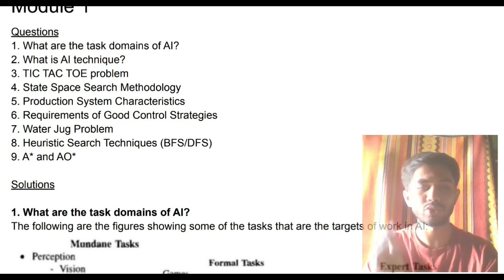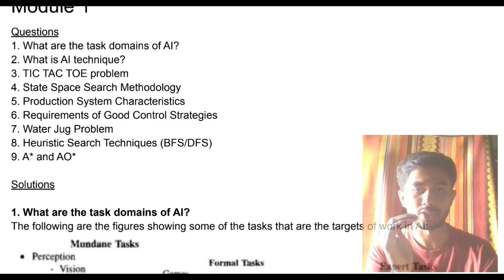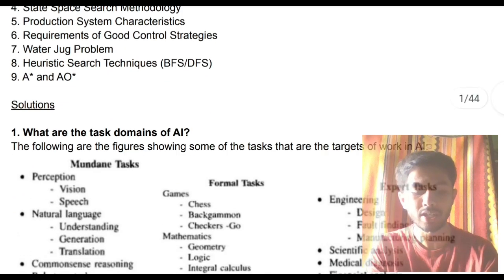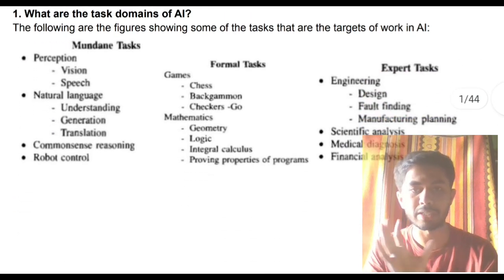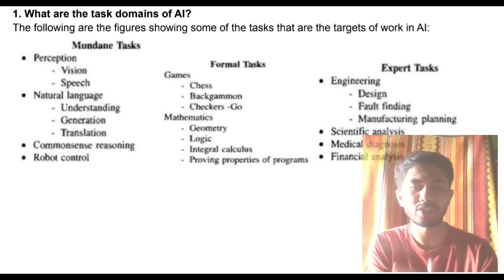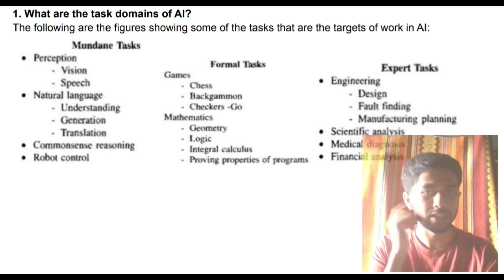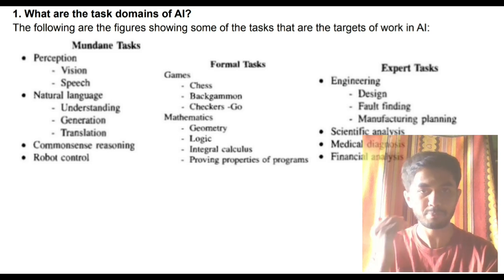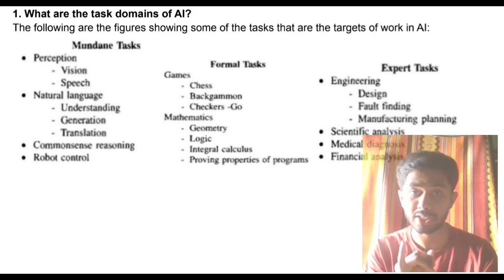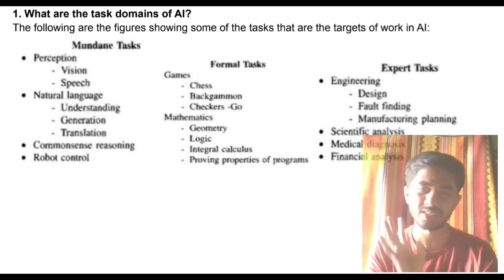Those are the same things you need to form in a 3-step process. What are the 3-step processes? The first thing is you need to have some basic tasks, like the mundane tasks. Basic tasks means simple tasks, like seeing, hearing, saying, reading or controlling something. Those are the very basic tasks, right? That's what is written here. You have to remember perception, natural language, common sense reading and robotic control. Okay, first 3 things you just remember.